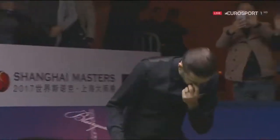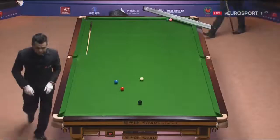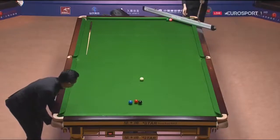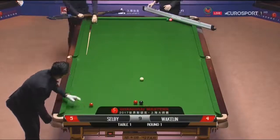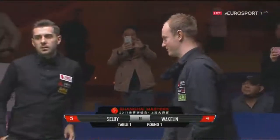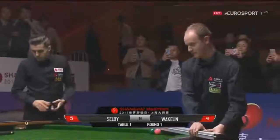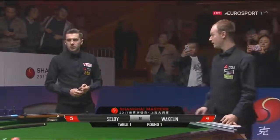And Mark Selby will be mighty relieved to have got over the line in the end, having been cruising at 3-0 up, taken to the final frame, and taken pretty close to the wire in the final frame. But in the end, Chris Wakelin had too much to do with those 5 snookers. Got 2 of them, but couldn't get the other 3. And Selby gratefully through to the last 32, and a meeting with either Dominic Dale or Alan